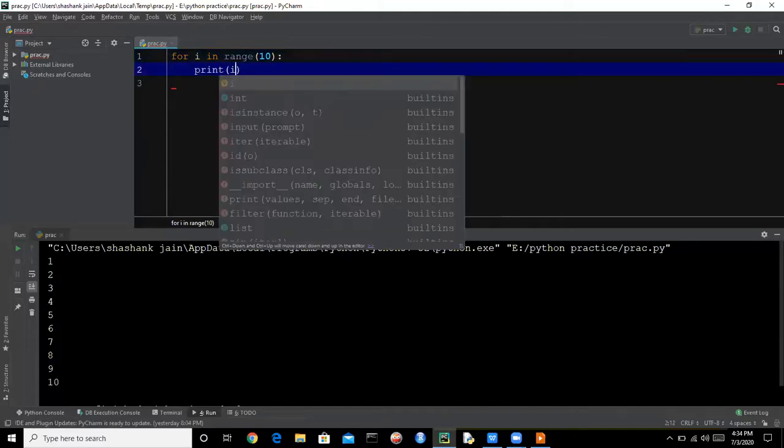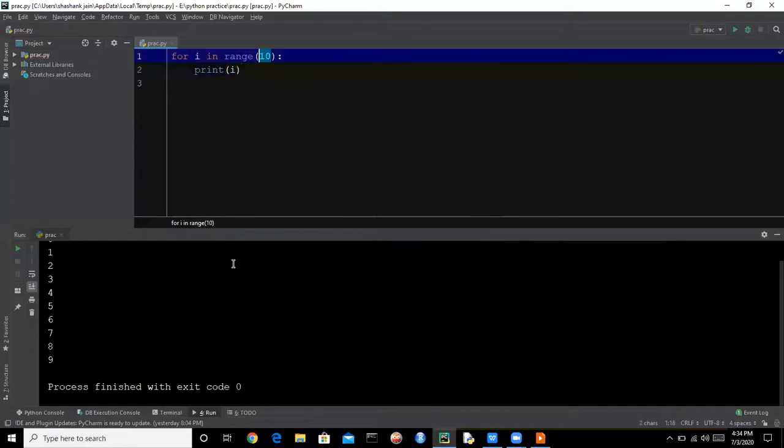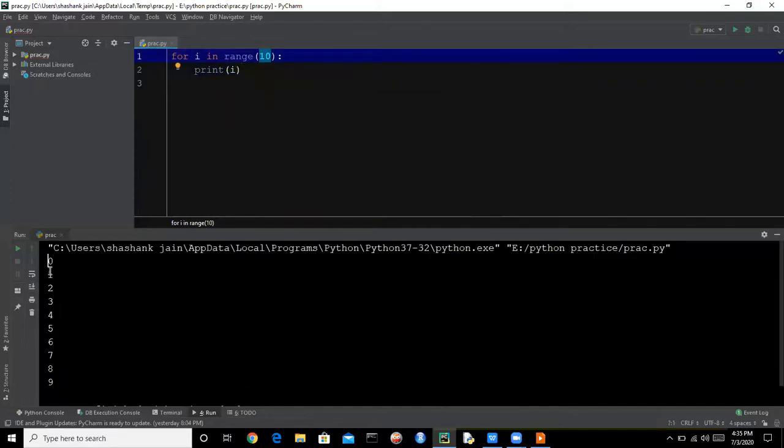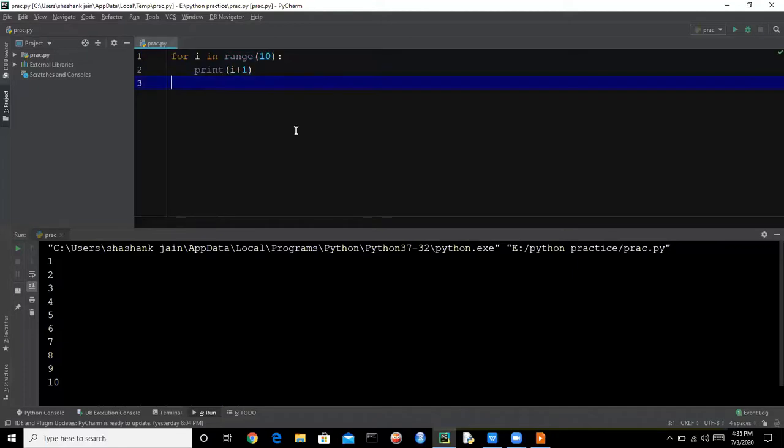If you print i, it will print 0 to 10, but 10 will not be included. So here we have 10 numbers, 0 to 9. If we print i plus 1, the output will be from 1 to 10. So here is the output. This is how we can work with for loops. We don't need to increment i here as we do in the while loop, because by default the for loop increments i. So this is how the for loops work.